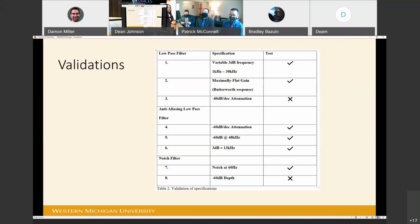After testing, we were able to meet most of our design specifications, as the validation table below will show. The low-pass filter was found to have a variable 3 dB frequency between 1 and 30 kilohertz. It was also found to have a maximally flat gain in the passband. We were unable to reach the negative 40 dB per decade attenuation due to the limited gain bandwidth product of